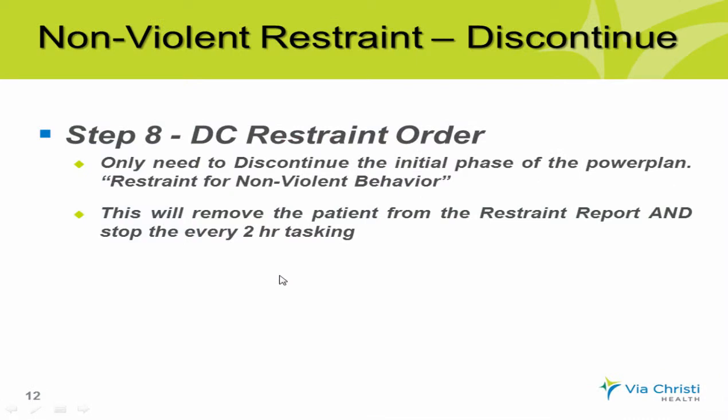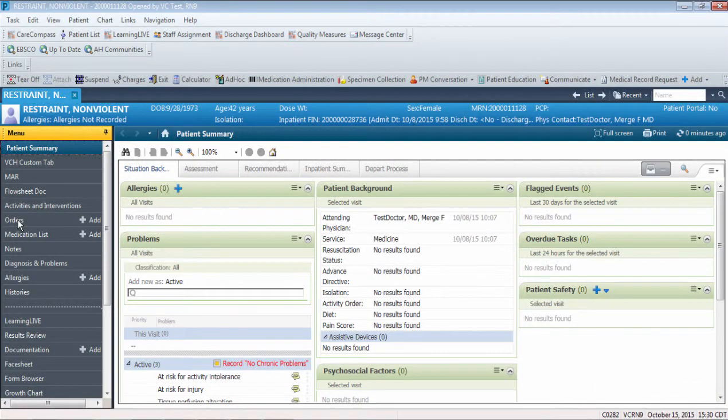The second step when you're discontinuing restraints off your patient is to discontinue the restraint order. You only need to discontinue the initial phase of the power plan, restraint for nonviolent behavior. In One Chart, with the patient chart open, from the left table of contents, we're going to click on the